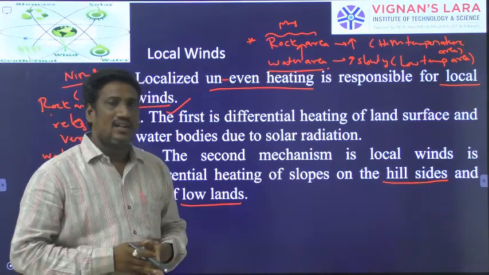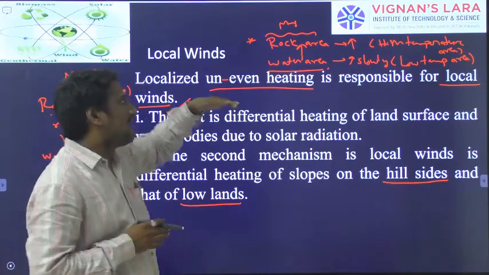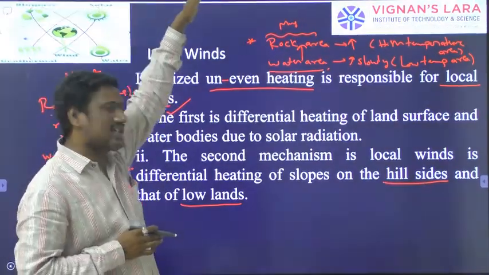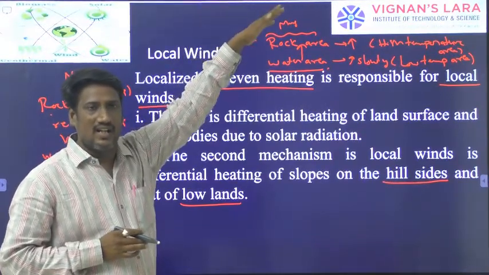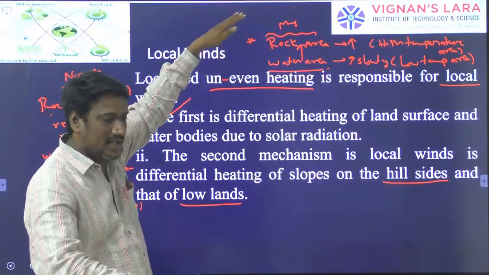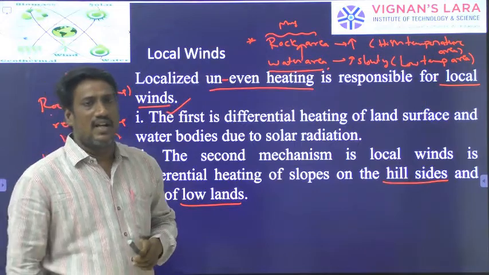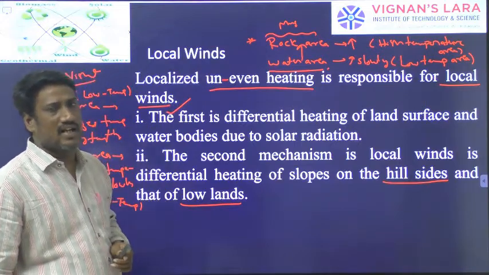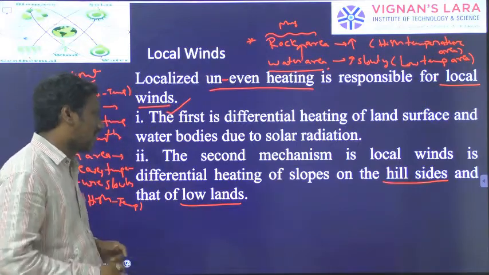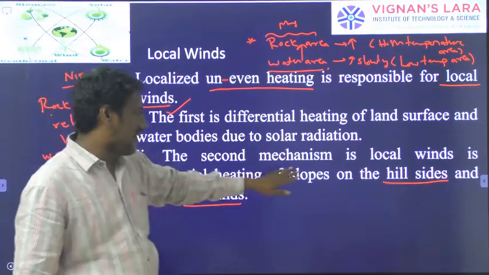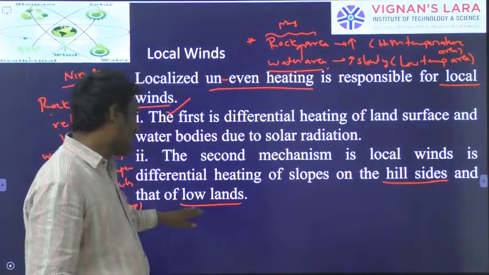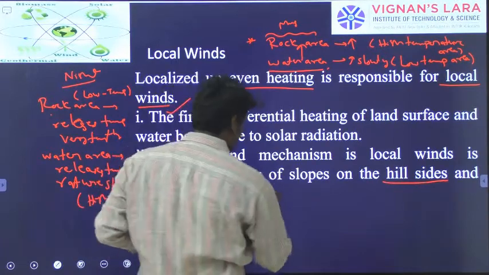and the ground of that hill you can call the lowland. Already you know that as the hill is at a height, high temperatures will be accumulated on the hill, whereas on the lowland there will be low temperatures. On the top of the hill you will have high temperatures; on the lowland you will have low temperature. In the morning you can observe,